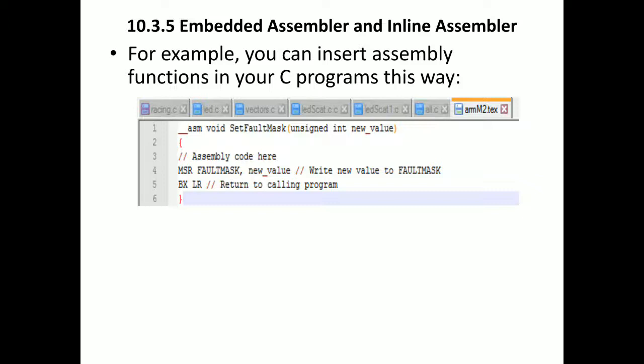Inline assembler means including the ARM assembly instructions, the assembly function, inside the C program itself. When we are developing a project entirely in C, but need to control a few things on the board, maybe a reset button, an enable or disable function, or monitoring the LCD, we require assembly functions. So we can directly use this assembly code inside the C program. This is one functionality.